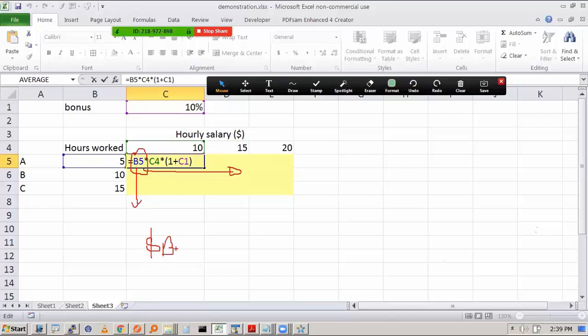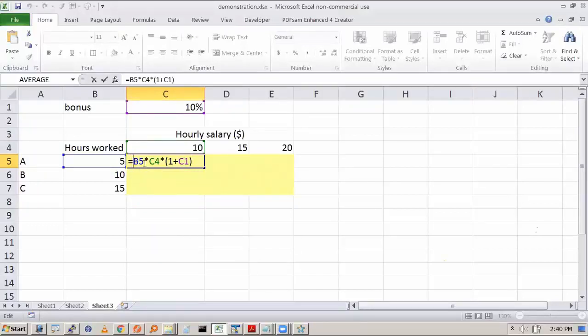Now when we are dragging down, what about this 5? Should it change to 6? Yes, because we will be thinking about worker B. So 5 should go to 6, again to 7. So we don't have to fix 5, but we have to fix B. So we'll fix B, but we'll not fix 5.